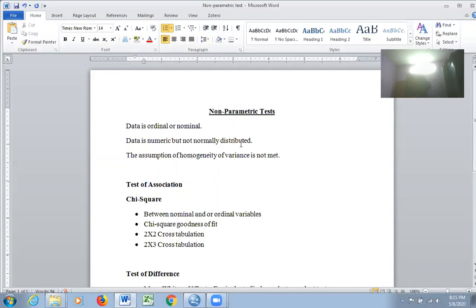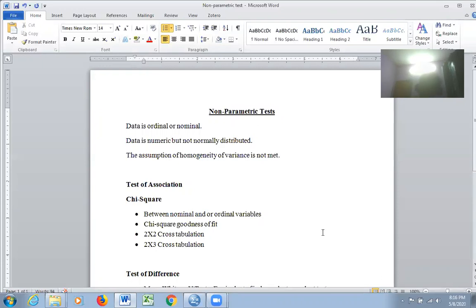If those tests reveal that this particular assumption of variance is violated, if you cannot assume the homogeneity of variance, then obviously you cannot conduct a parametric test. So in all these cases, instead of parametric tests, we have to conduct non-parametric tests.